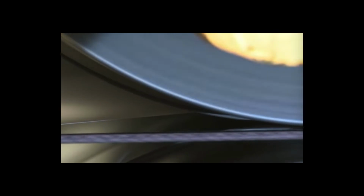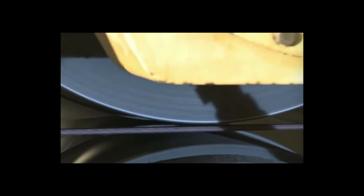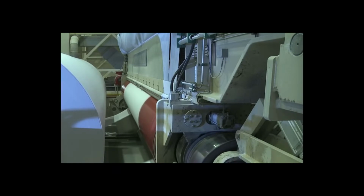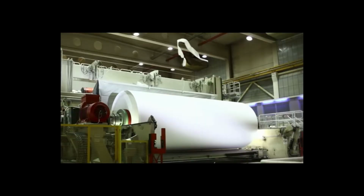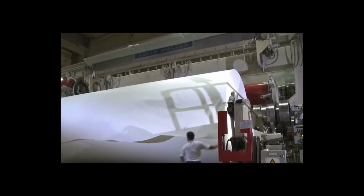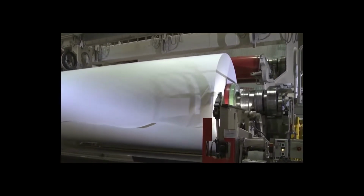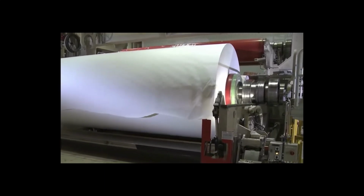Then, the machine squeezes it between two polished steel cylinders to determine the paper's width and thickness. After adding starch and coating colors, the surface is dried by infrared heating panels and drying cylinders. The paper is then wound onto a series of steel cores that press against what the industry calls a Pope reel. These reels may contain 80 kilometers of paper, that's almost 50 miles, and be 8.5 meters in width and